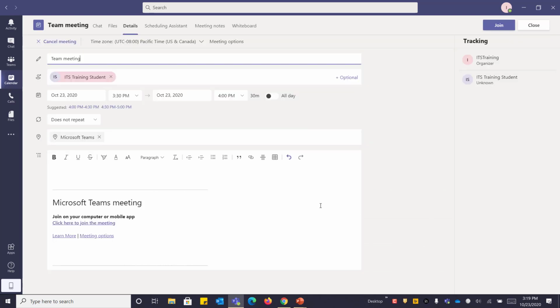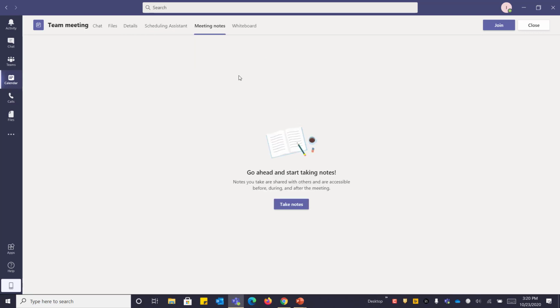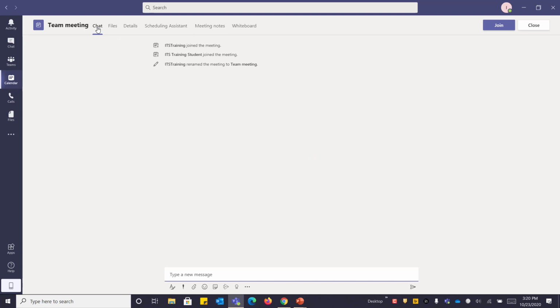And once you edit a team meeting that you've already scheduled, then you'll see the option to join the meeting and all the links. You'll also notice that when you go to edit a meeting, you have a lot more options up here. So after you schedule a meeting, you can certainly edit it. You can just work with the details and the scheduling assistant tabs, or if you want to add some additional information, you can do that. This is also where you can access chat from. Now, this meeting hasn't really happened yet, so there is no chat history.